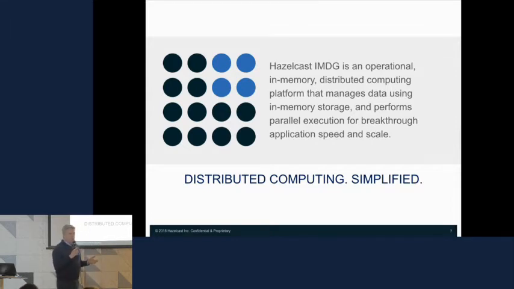This is where distributed functions came along. With in-memory data grids, you can write a function that will execute on the data. Not only that, if you give it a set of keys, or tell it the data you want it to execute on, the grid knows exactly where in the cluster to send that execution. So you now have a way of mutating data where it lives in the cluster. That's the second part of an in-memory data grid. You can see it's not really a database, it's not really a NoSQL solution, it's kind of a mix of a cache and a distributed compute platform. And the third pillar of an in-memory data grid is